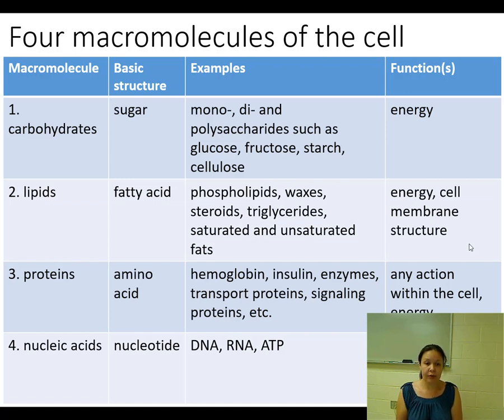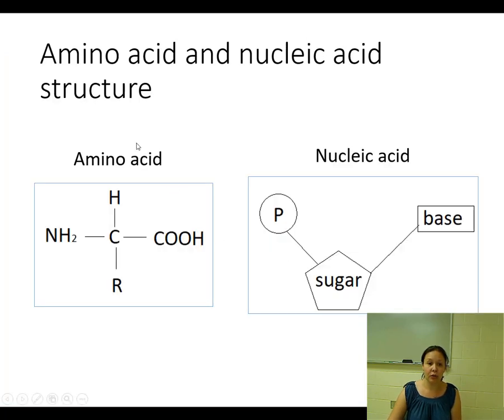Proteins are the next group of macromolecules, and they're based on amino acid structures. I wanted to skip just a little bit to the next slide and show you an amino acid structure. An amino acid structure is based on a central carbon. We have 20 amino acids that build up the human body into proteins. Each one of those has a central carbon atom that's attached to 3 consistent things. Remember, carbon can make 4 bonds, but it is attached to 3 things that never change amongst those 20